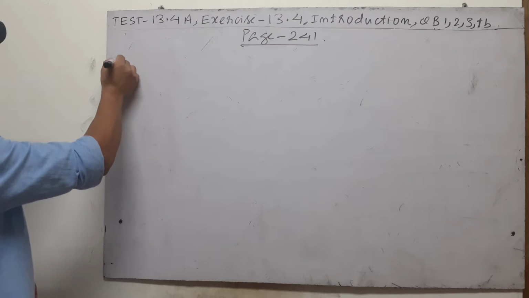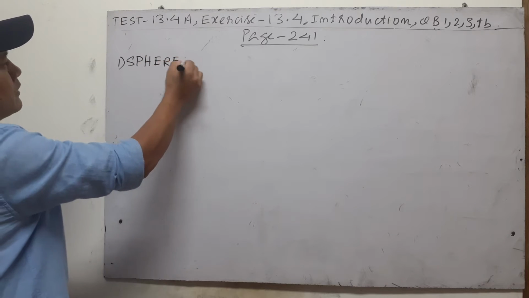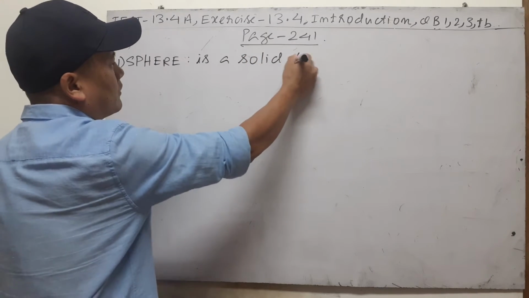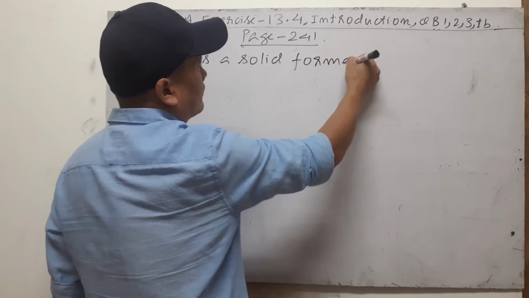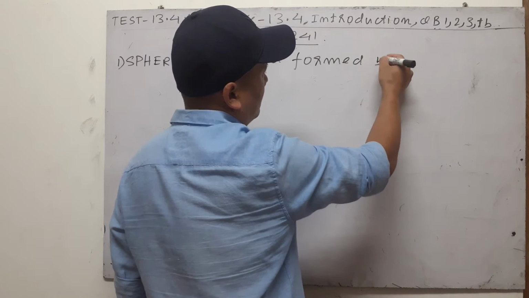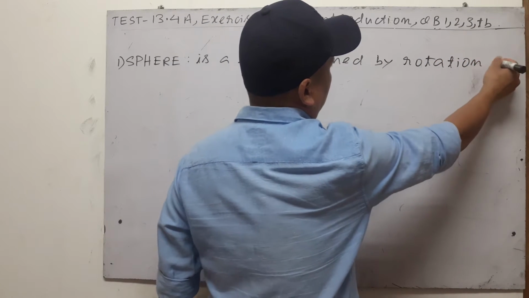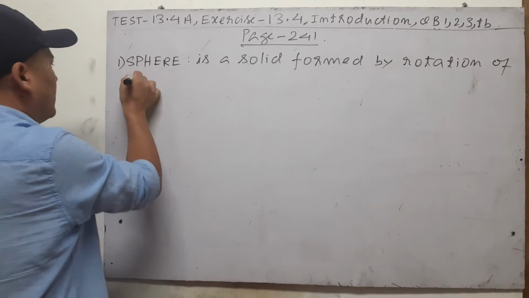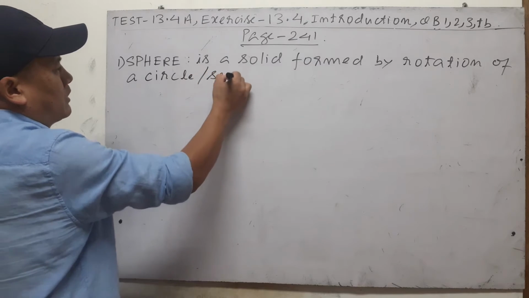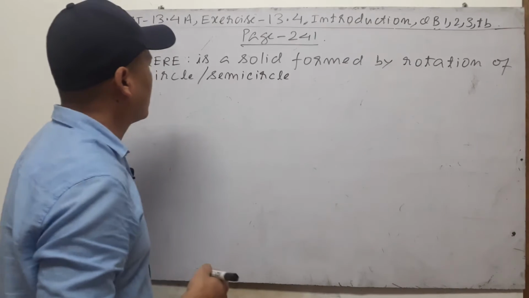Let me introduce you to two solids before we start this. The first one is a sphere. You can write along with me the definition. A sphere is a solid formed by rotation or revolution of a circle, or it can even be a semicircle. Any one of these you can take, rotation of a circle or a semicircle,